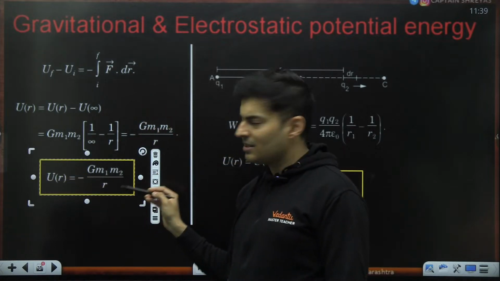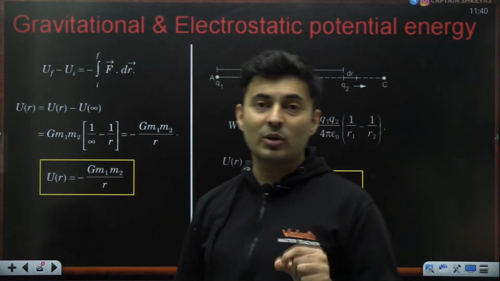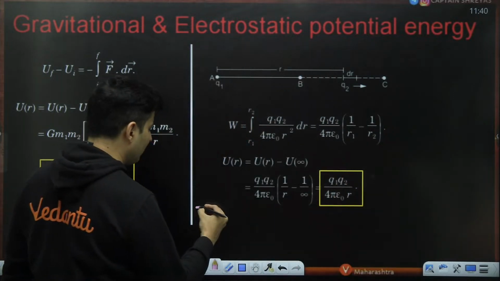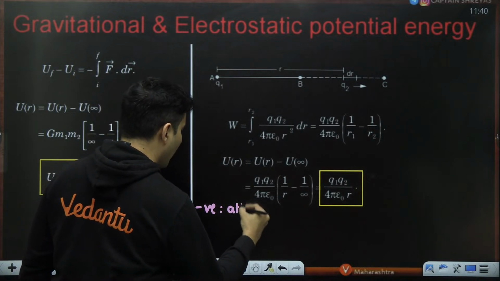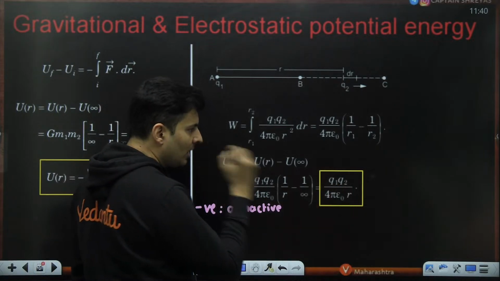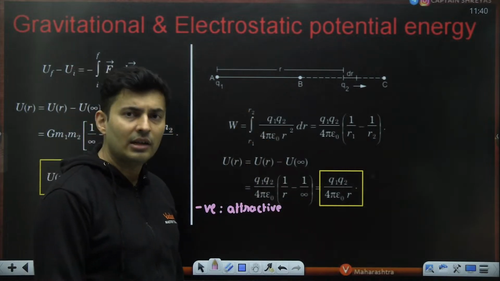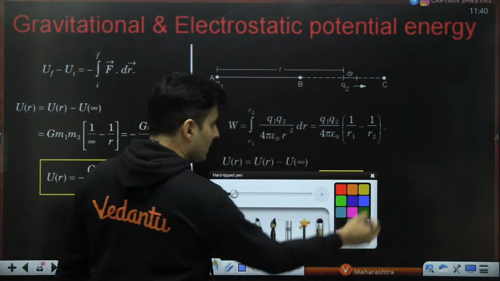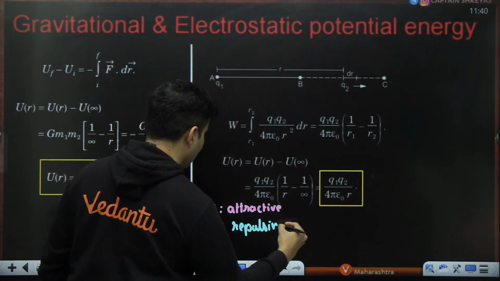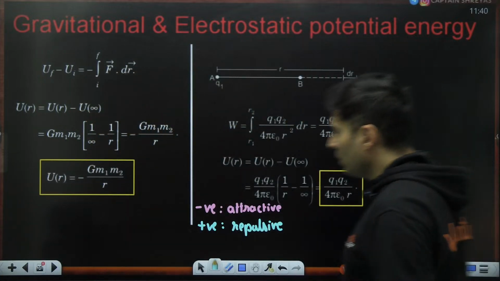Instead of charge, you have masses. Again, R will come, but there is a small catch. There is a minus sign. So be careful. Whenever the potential energies are negative, even in electrostatics, it is due to attractive forces. For example, one is a proton, one is an electron. Positive into negative will make it negative. So take the energy as negative. Don't say, oh, I got the answer as negative, I will take the modulus. No, don't do that. Same way, if it is positive, that means it is repulsive in nature. Got it? Very good.